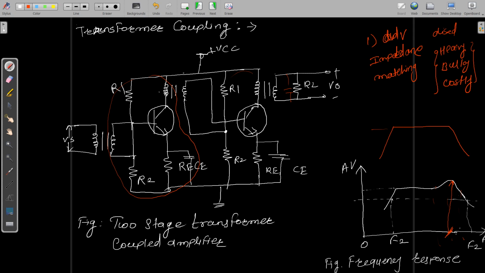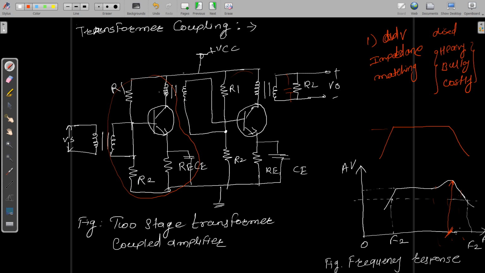So that means what I can call the advantages and disadvantages of transformer coupling. The components involved are your transformer, an impedance matching transformer. It can block DC, same like your RC coupled, but the frequency response is not uniform. It is high at resonant frequencies and low at other frequencies. You can get impedance matching. There is no DC amplification, same like your RC coupled amplifier. It is bulky, heavy, expensive.